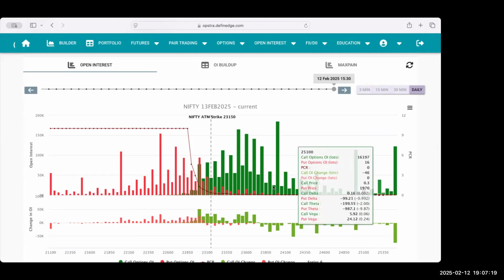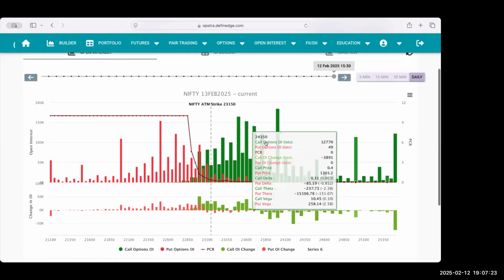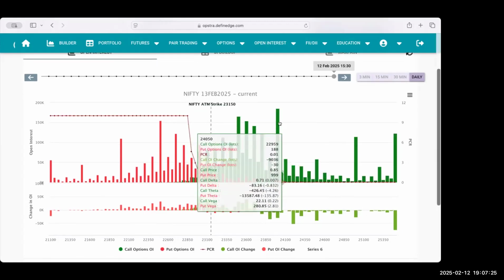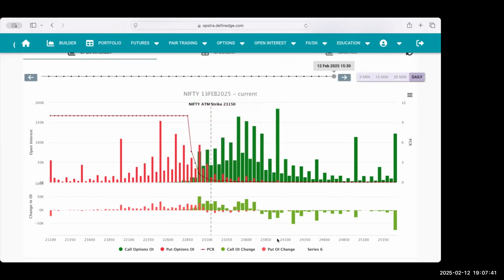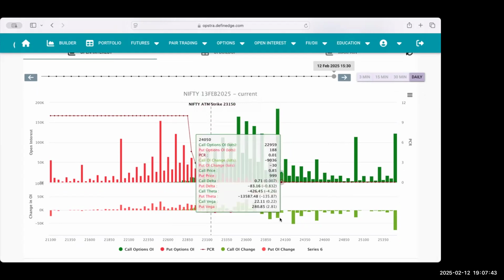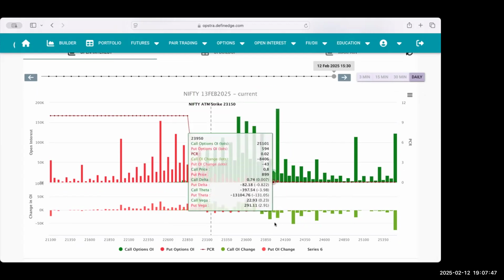So here if you observe, this is a Nifty chart. In Nifty it is showing where the highest call writers are sitting. This is the highest, 18 lakhs OI is sitting there, and PCR is around 0.03. So this particular strike price is what you need to understand. This is 24,000. Between this data, you need to understand how to